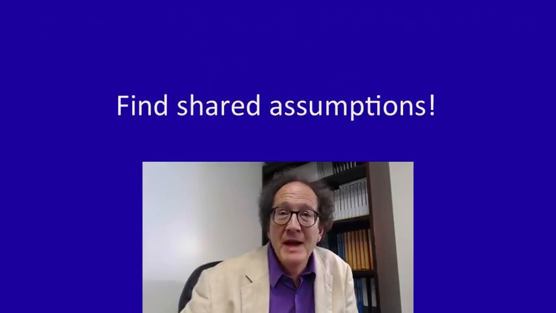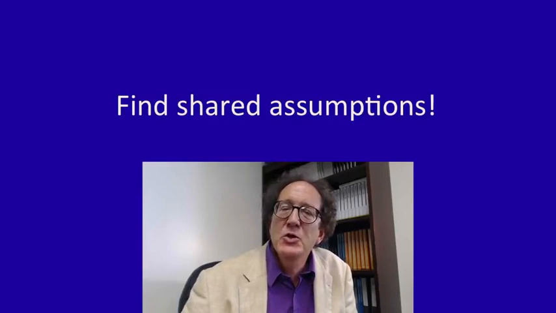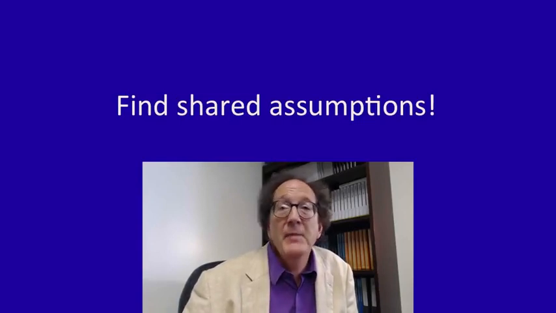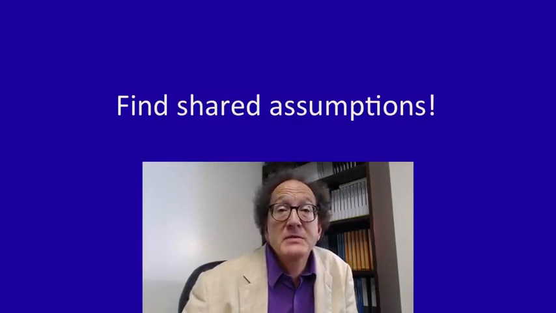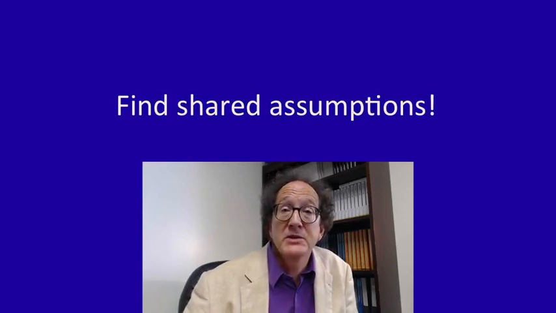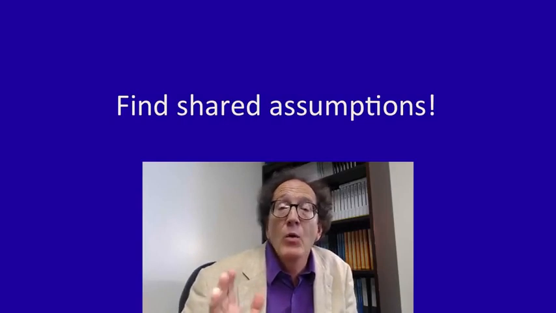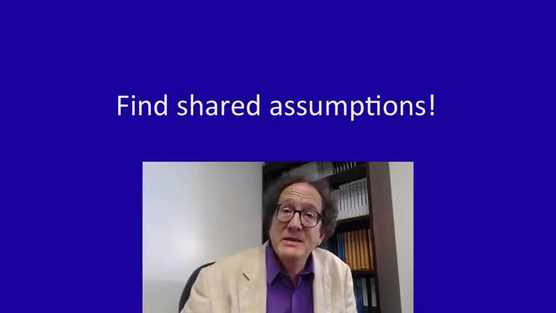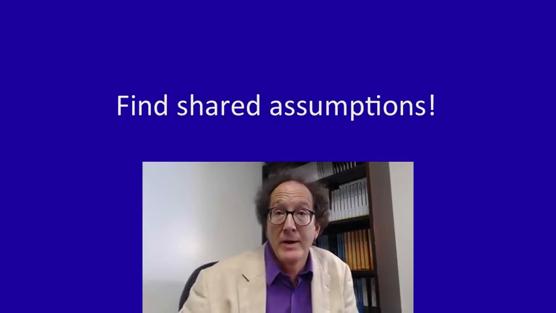But the point of this lecture has been more general. In order to solve the skeptical regress problem, you have to find some assumptions that you and your audience share. They might be assumptions about the premises of your arguments. They might be assumptions about authorities that supposedly support your premises and that they accept as authorities, or whatever. But there have to be some assumptions that you share with your audience in order to get the argument going.